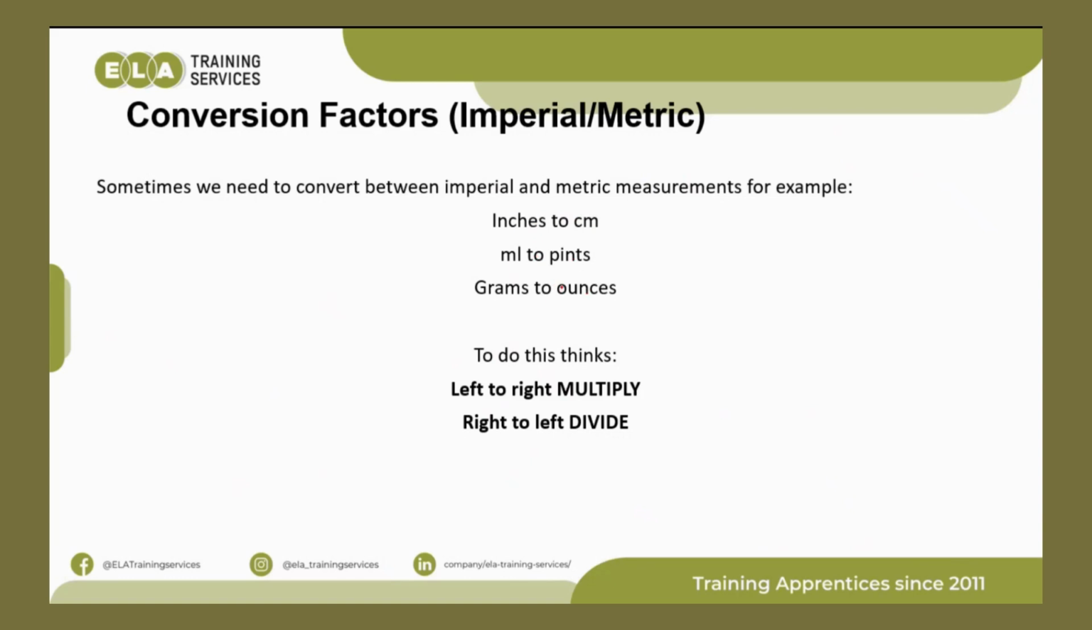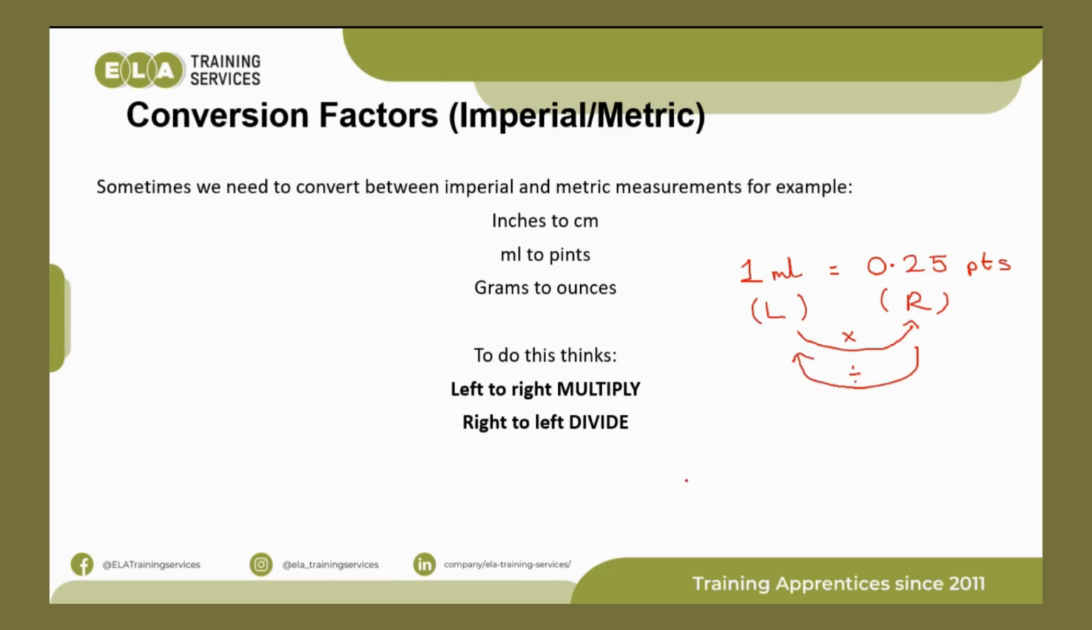And this you will not have to remember. They will give you what's called a conversion factor that looks a little bit like this. So 1 millilitre equals 0.25 pints. Okay, this is just an example. So whenever you have to find out if you're wanting millilitres or pints, think left to right multiply. And this applies for anything. Left to right multiply, right to left